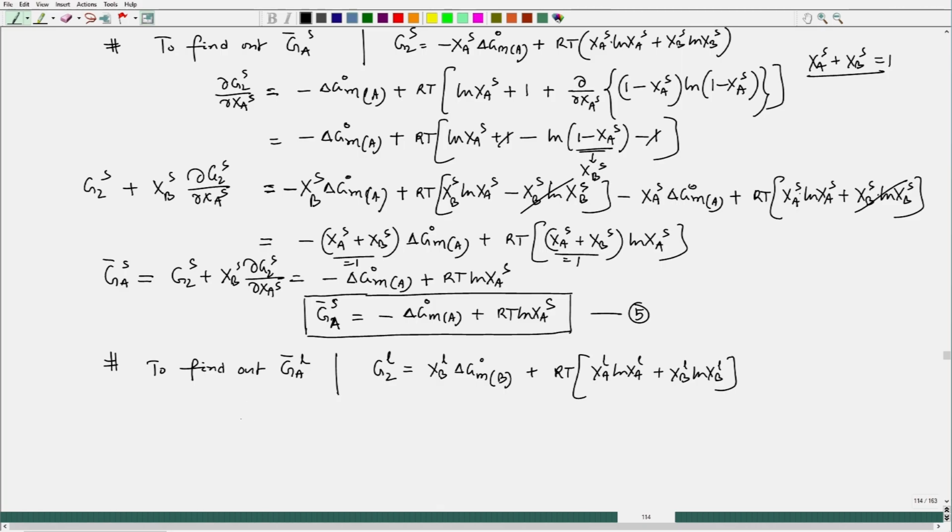So then I can do delta G2 liquid delta XA liquid should be equal to,